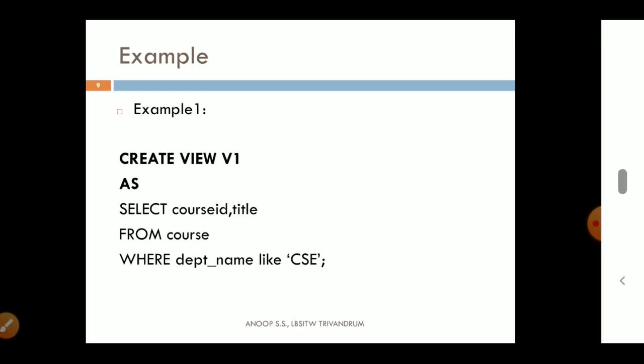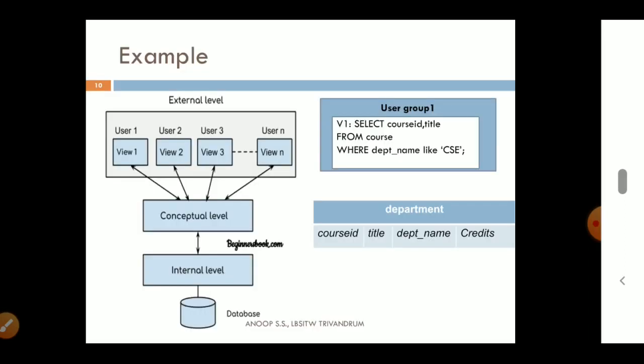At the conceptual level, it is available as a table. But this select query creates a result set from the course table, and it is named as view v1,